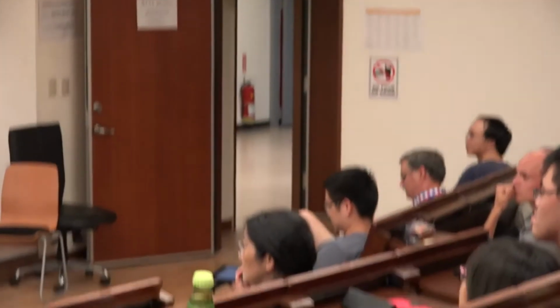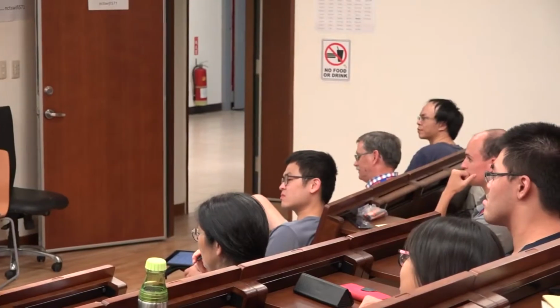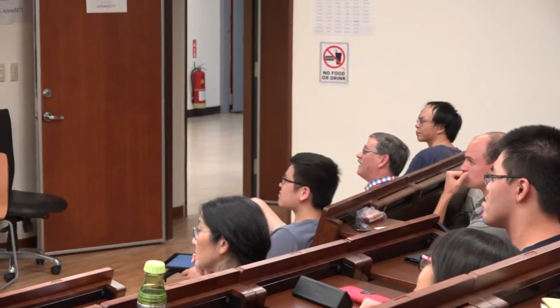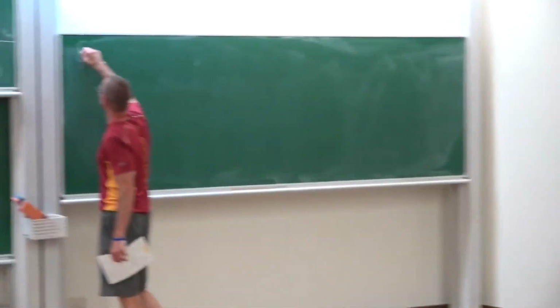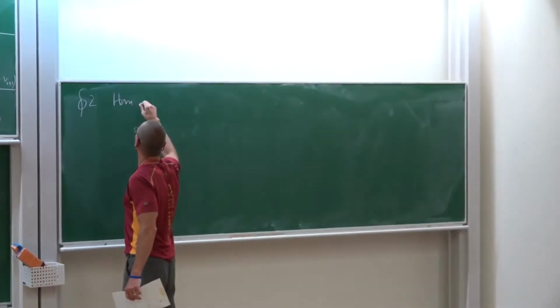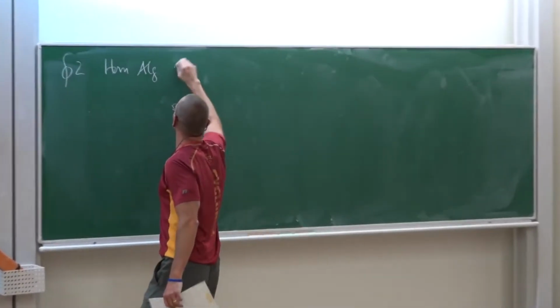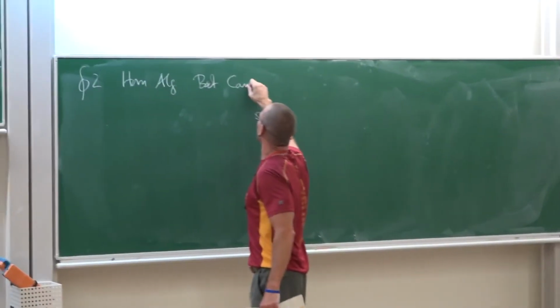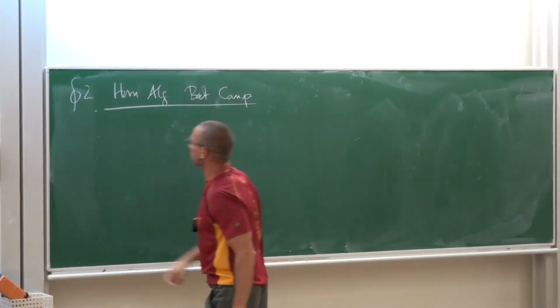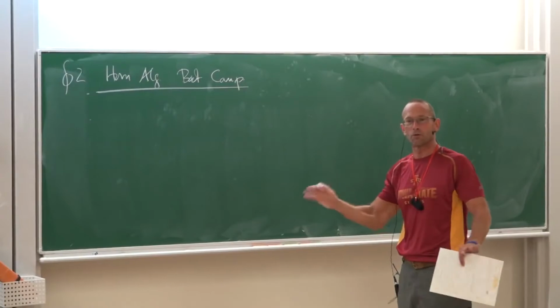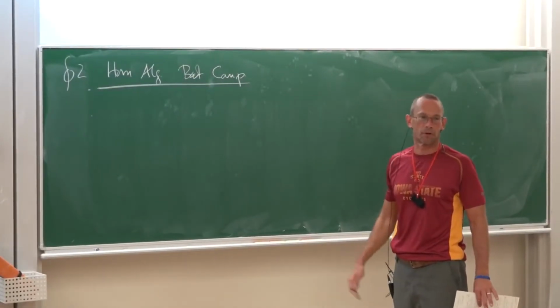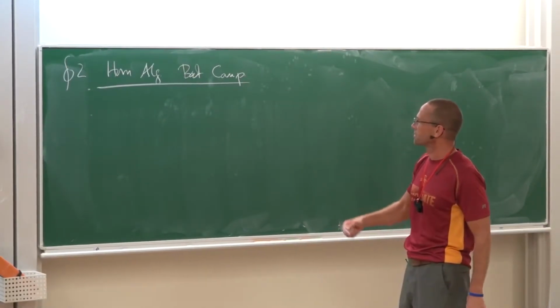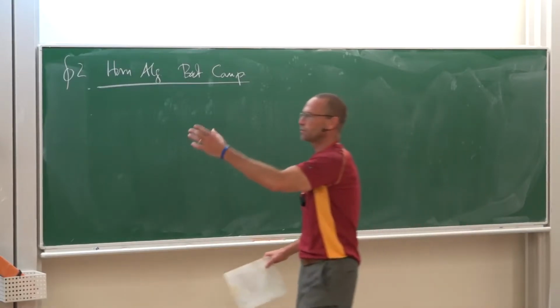So that was the quick singular simplicial. So those are the examples to keep in mind. So now it's homological algebra. Section 2 is homological algebra boot camp. So the only tool that you need in homological algebra is something called the snake lemma. And the reason I wanted to mention this today is when David was